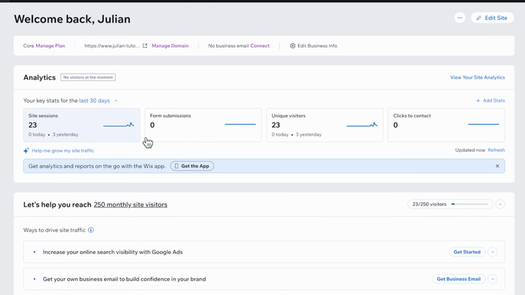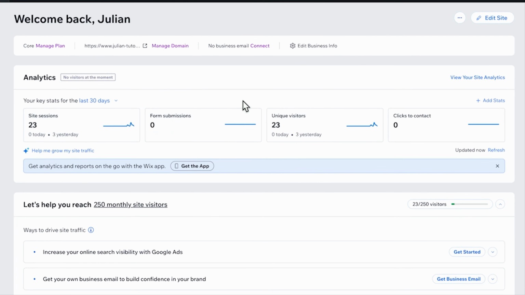So you see how many sessions are on your website. So how many people visit your website, the unique visitors. This number can actually be bigger because you have unique visitors, but if the person came yesterday and visits tomorrow, then it's the same person, but it has 2 sessions. So I think a session is always 24 hours. So if someone comes back tomorrow, then you count another session, and that's why these 2 numbers can be different